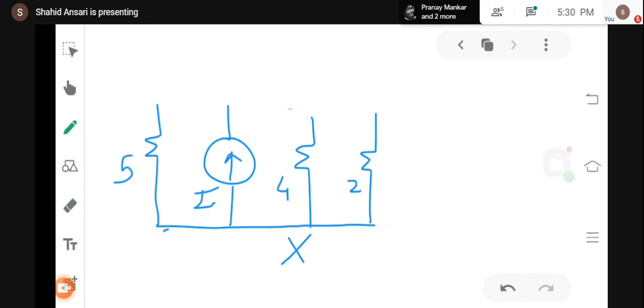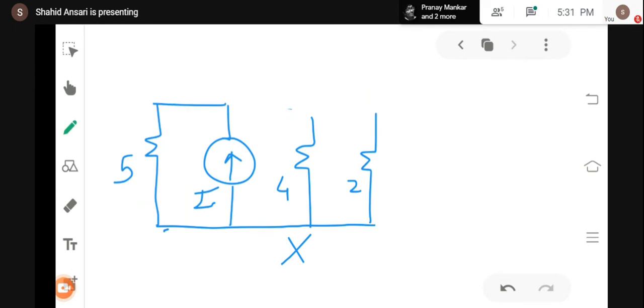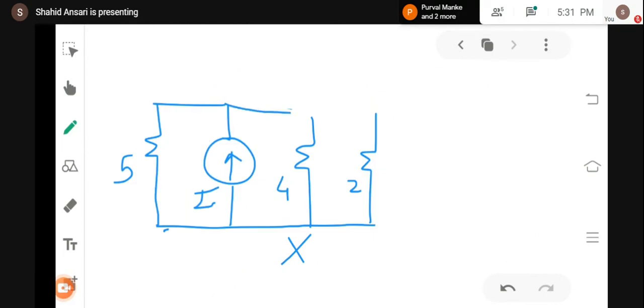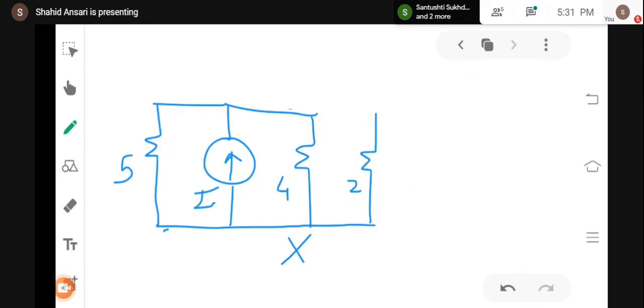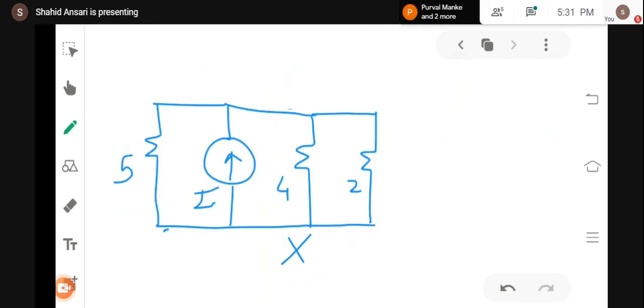Okay. Now, your next target is to see the elements connected between 4 and the 1 ampere current source. Between 5 and the current source, nothing, simple short circuit. So between 5 and I, you can short. Now, between I and 4 ohm, again it's a short. Then between 2 and 4, again it's a short. Between V and 5, again it's a short. Where is the V? 2 ohm. Between 2 and 5, again it's a complete short circuit.